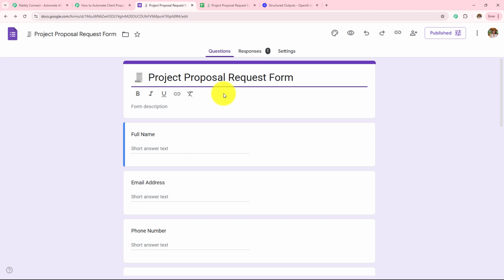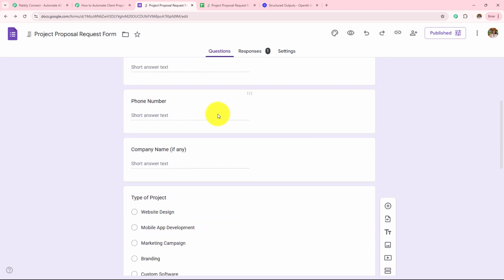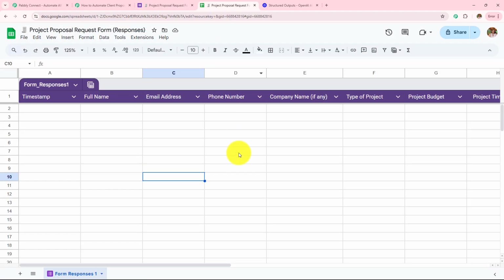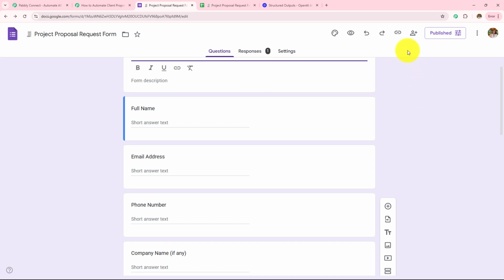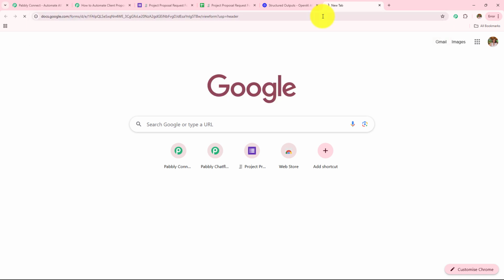And now we are going to test this automation workflow once. For that, I will be submitting a form in my Google Forms. And then if a mail is automatically sent to me, then this means this automation workflow is working fine. So here I am quickly going to open my Google Forms. For that, I will be clicking on this copy respondent link. I will copy this link and paste that in a new tab.